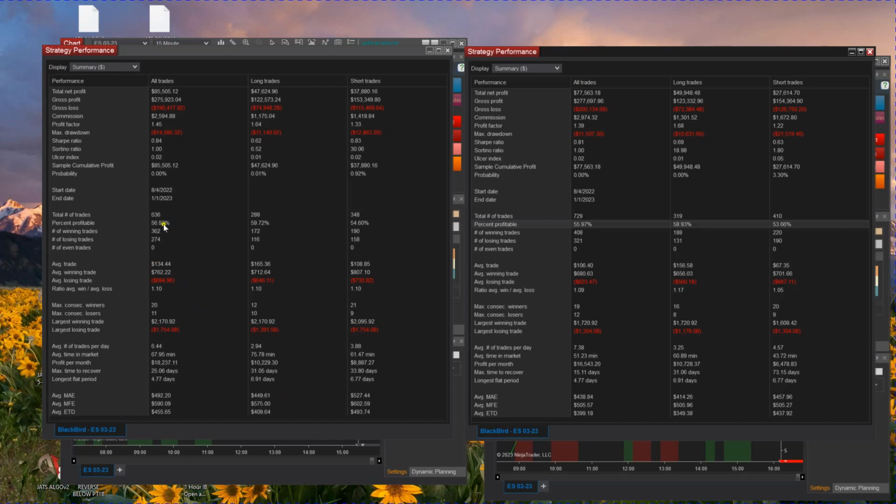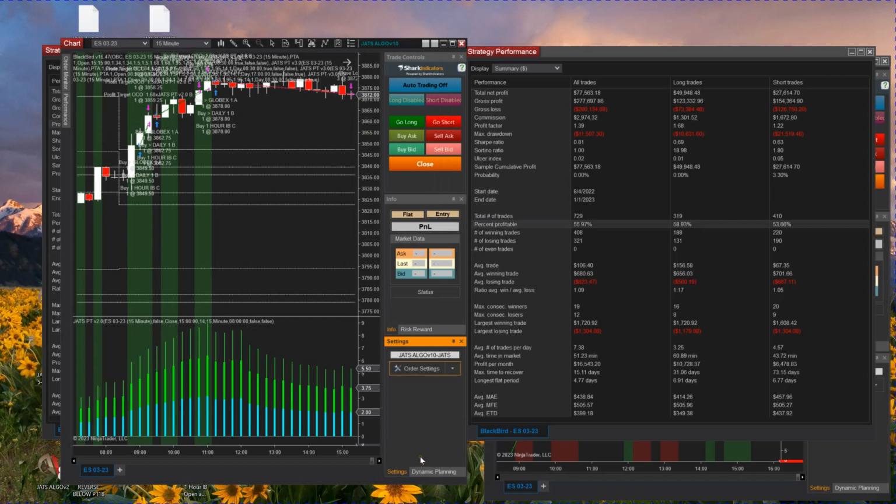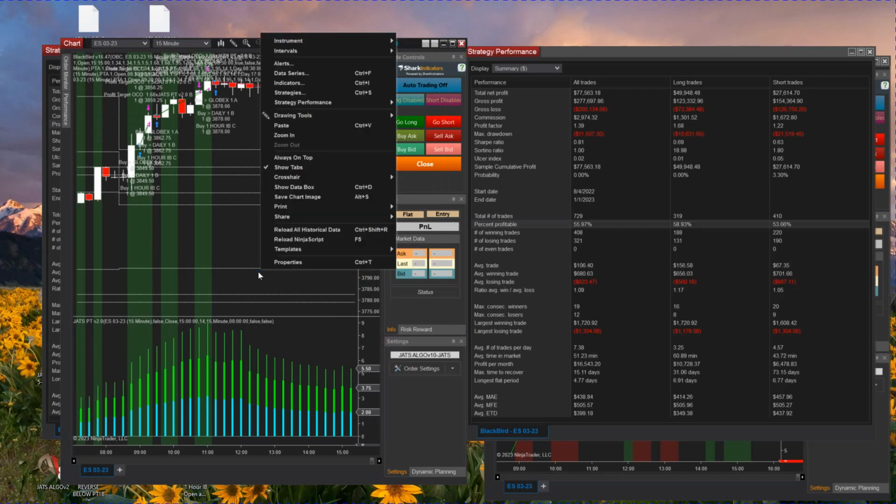56%, almost 57%, 56.92 overall. So it even got a better percent profitability and a better profit factor. So I'm very happy about the Jats PT performance and wanted to show you that it's outperforming the ATR. So one thing to do when you're doing your backtesting,